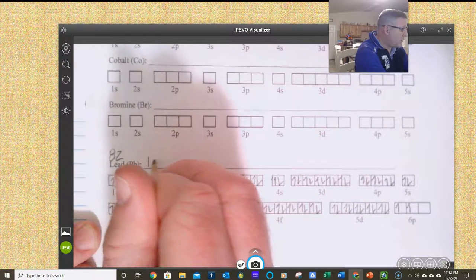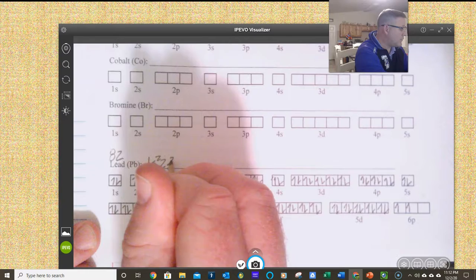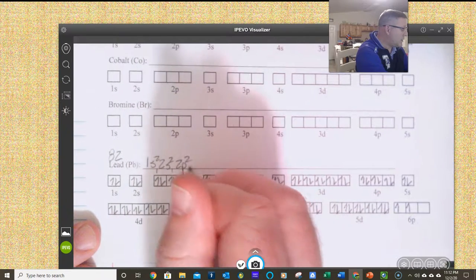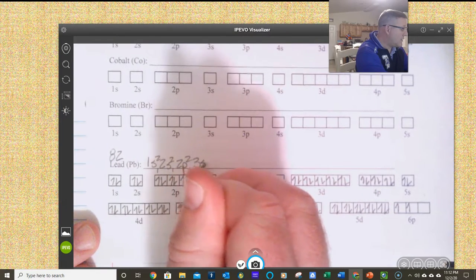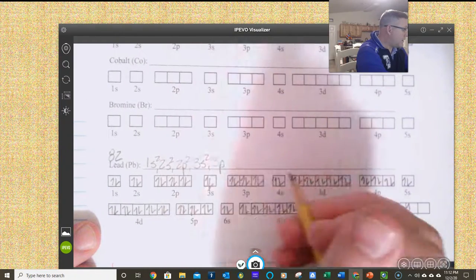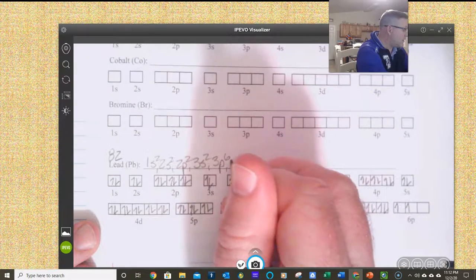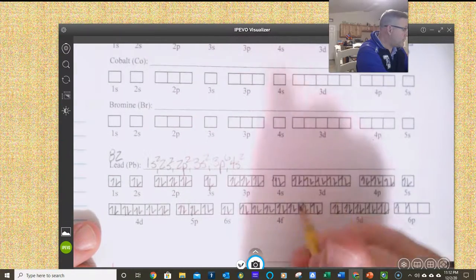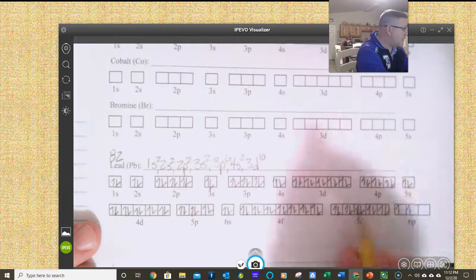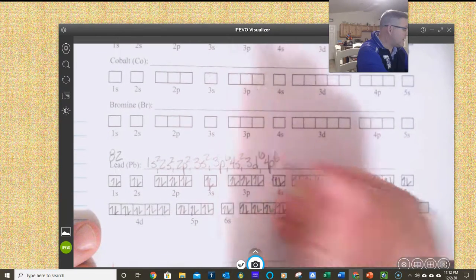I have a 1s2, followed by a 2s2, 2p2, 3s2, 3p6 with 6 electrons, a 4s2, 3d10, 4p6,